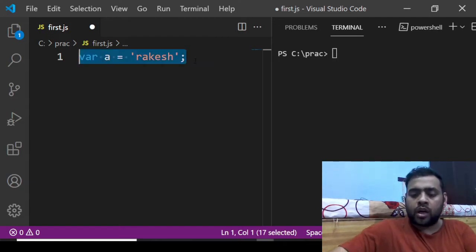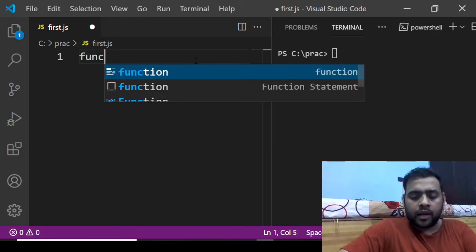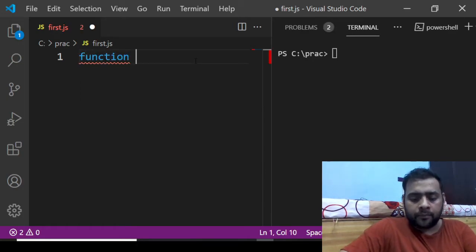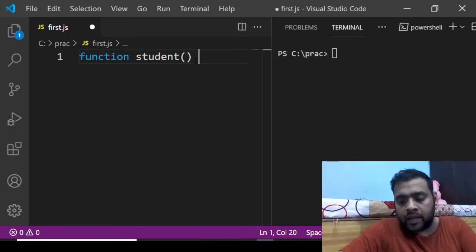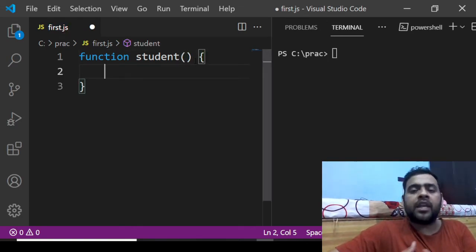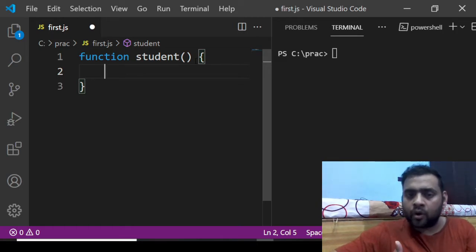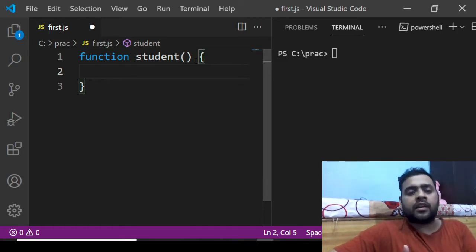Now let's talk about functions after variables. If we write a function, say student, we should use meaningful names for variables and function names, English words, so that everyone can understand why we are using them.